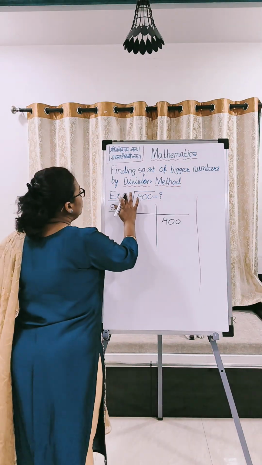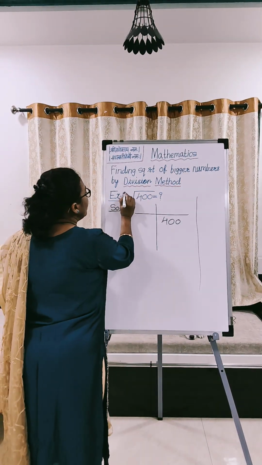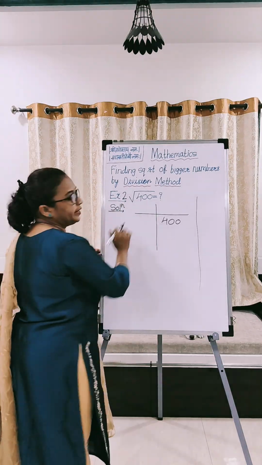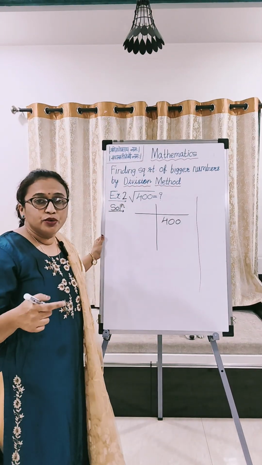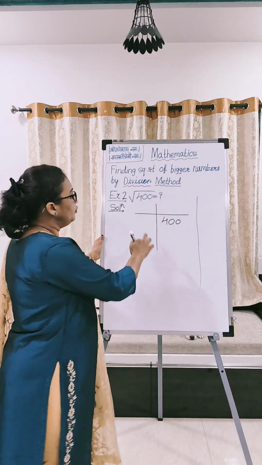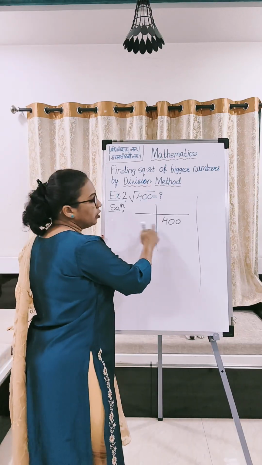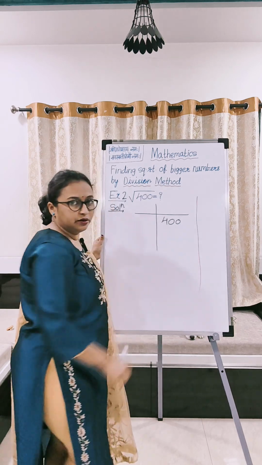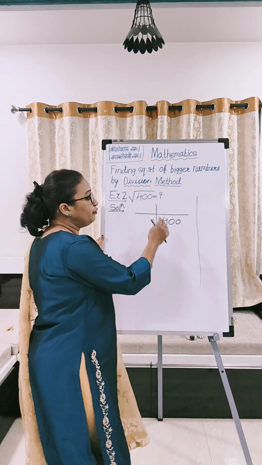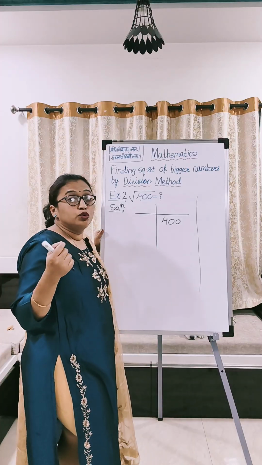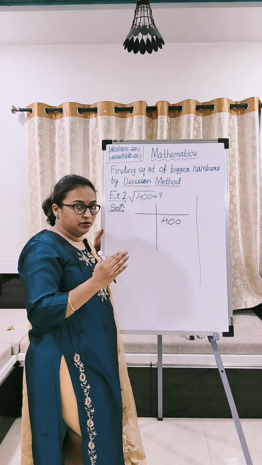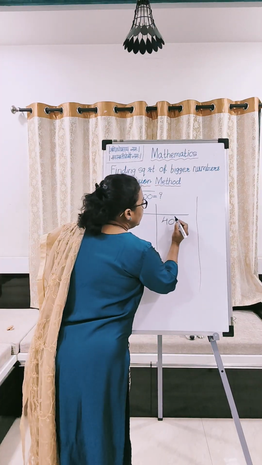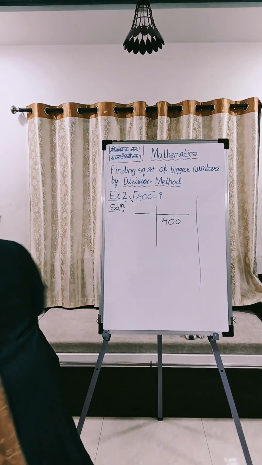Example 2. Find out the square root of 400. As I explained in our previous video, we will form two columns. Then we are going to write 400 here. Then we are going to form the groups of two digits from the right side. So here the groups will be